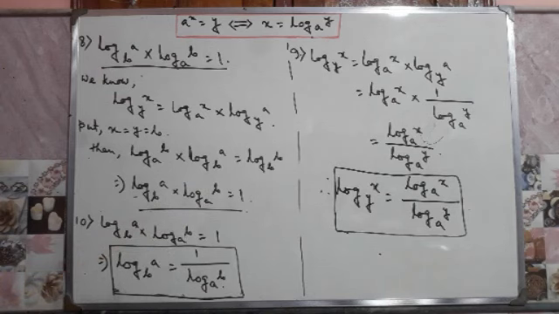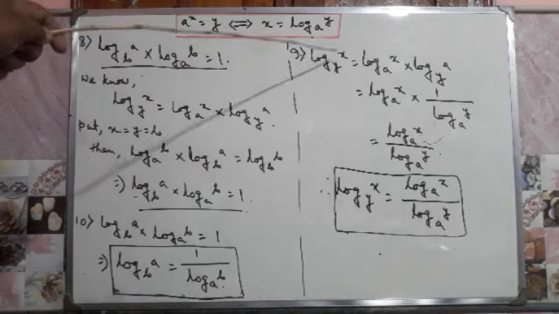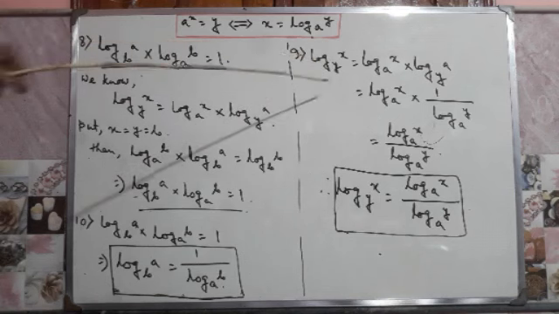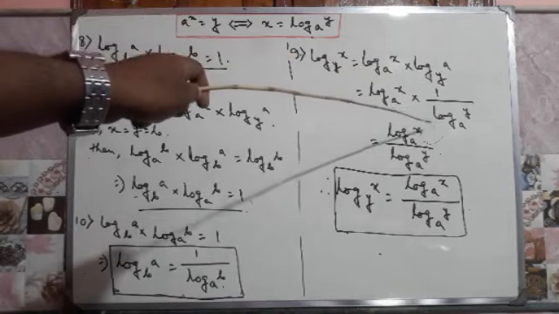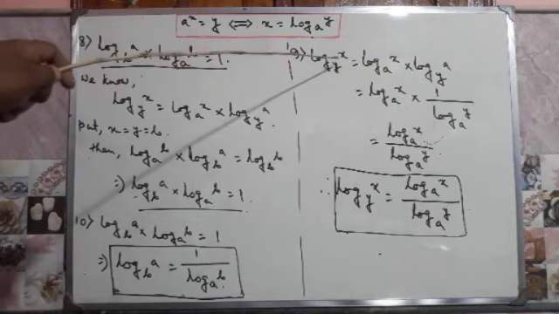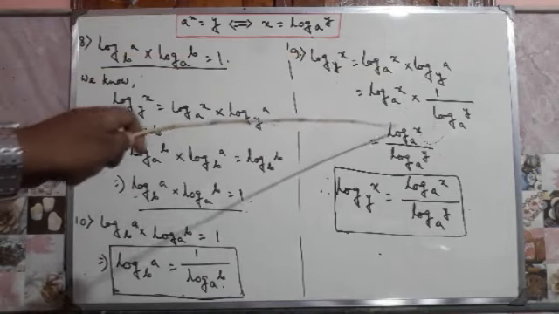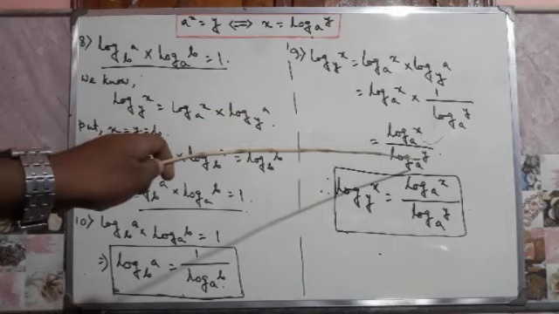It is proved. Now if this one is proved, by changing the side we can prove that log a to the base b is equal to 1 by log b to the base a. Okay. And in this log x to the base y, again in this line we can write log a to the base y, that means 1 by log y to the base a. So ultimately log x to the base y is equal to log x to the base a by log y to the base a.